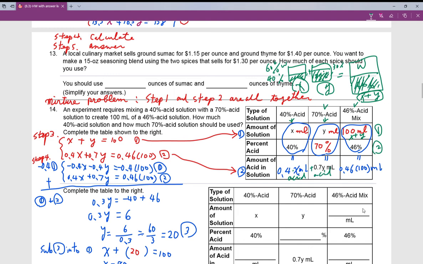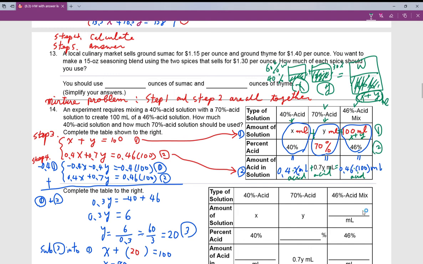So acid plus acid is the total acid. You have x plus y milliliters, and out of x plus y milliliters, only 46% are acid. So you have 46% times 100 milliliters of acid. So first you calculate the total solution, how many milliliters, and then you calculate how much acid total is in the container. So this way, you have two different equations, and then